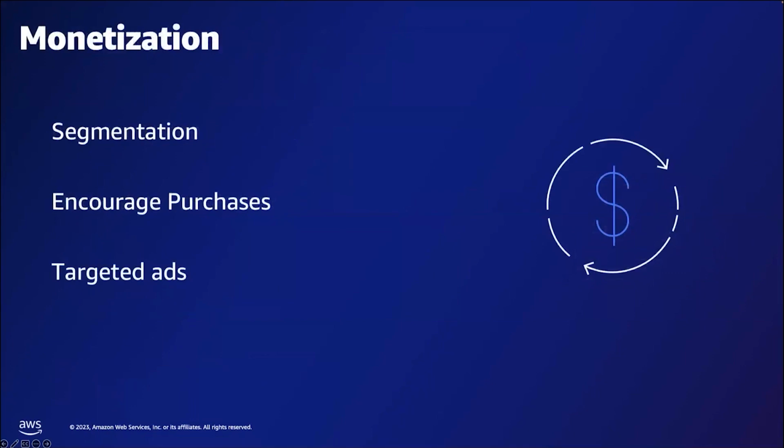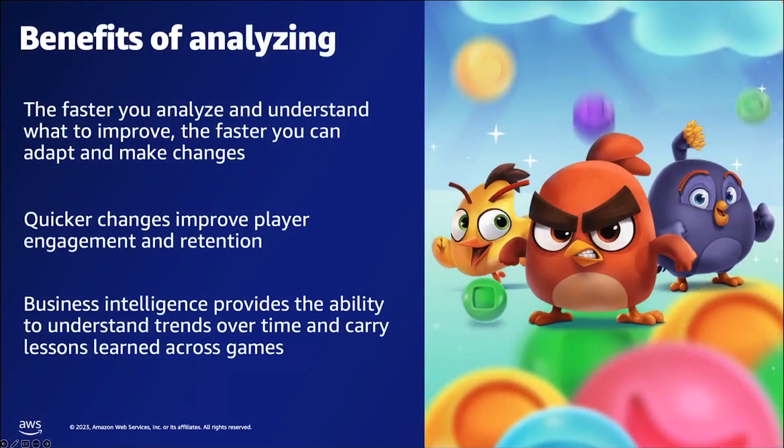And then finally, we talked a little bit about monetization. OpenSearch typically powers the input into your inference for models that are actually going to do targeted ads or potentially encourage purchases from customers that are in game as well. But this all comes down to being you want to do it faster and you need to do it accurately, right? And so you need to make your changes to improve your customers' retention relatively quickly. You need to get those insights as quickly as possible, and you need to make sure you're doing accurate analysis on your data when you make changes or reach out to customers in order to get the best ROI for your individual actions.